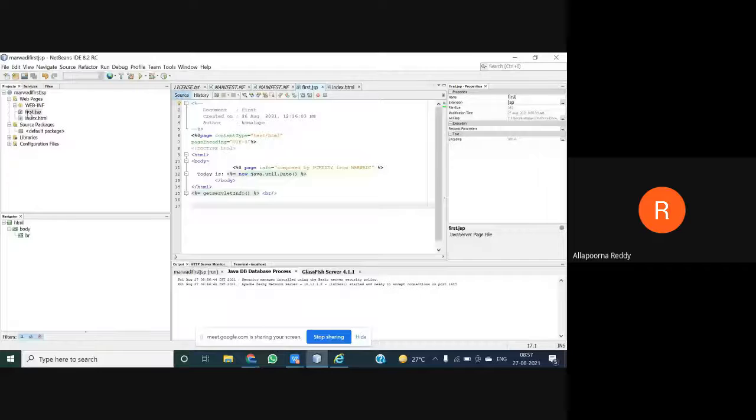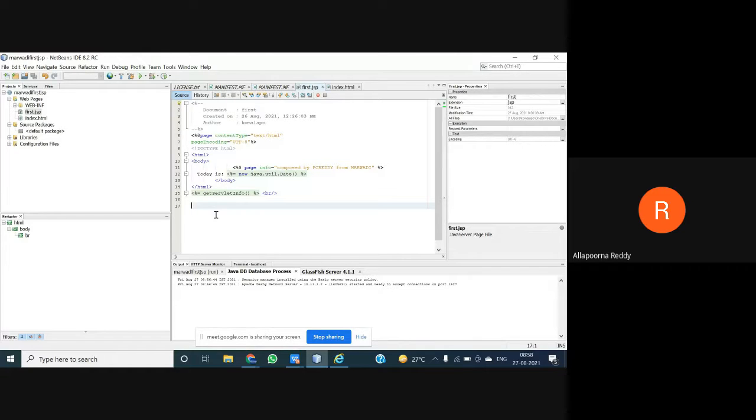So look here. This is my first .jsp which I created yesterday for you, on the 26th I created, right? I'm giving some page info here. What is the info? This page is composed by myself, whatever content you want to make, that info I'm placing in this one. And along with that, I want to make some output as an expression tag. With the help of an expression tag, I want to print the current system date and time. And as per my standard, I'm going to take this one as an expression tag.